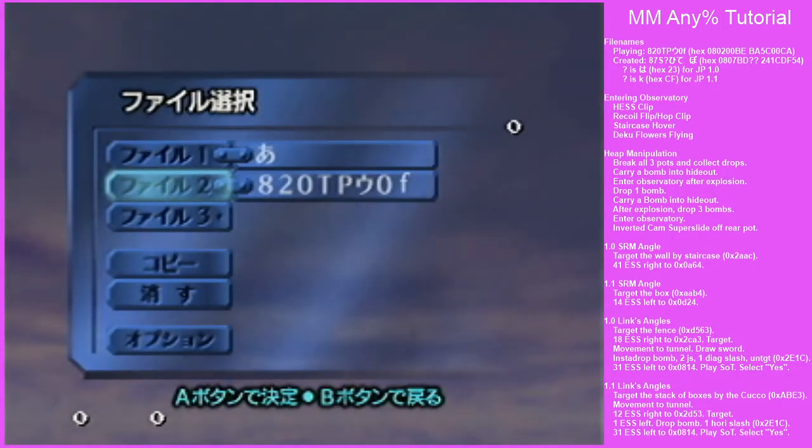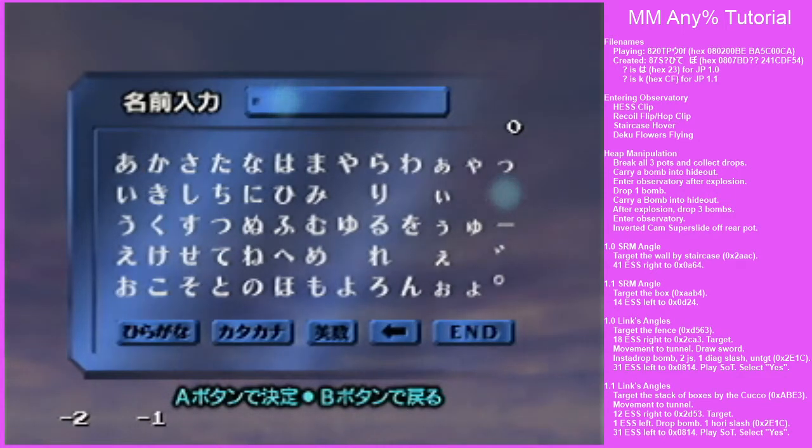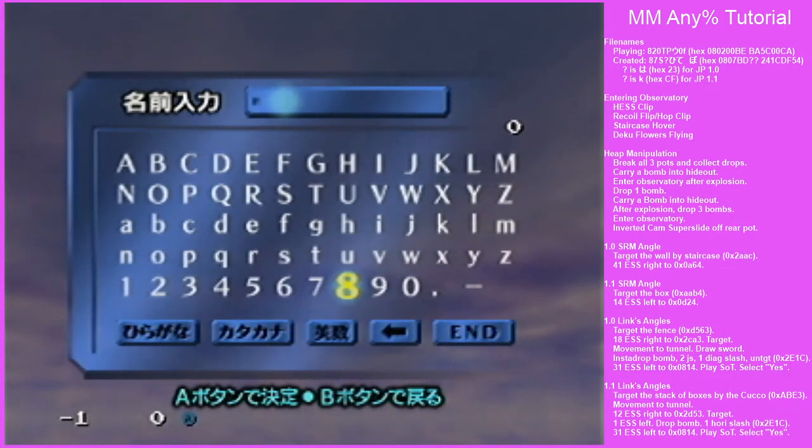Once you get your ocarina and play Song of Time on top of the clock tower, you're going to create a second file, and it doesn't matter what slot it goes in, it just needs to be the most recently created file, and you have to have not reset since you created it. Those are the only restrictions. But anyway, the file name is